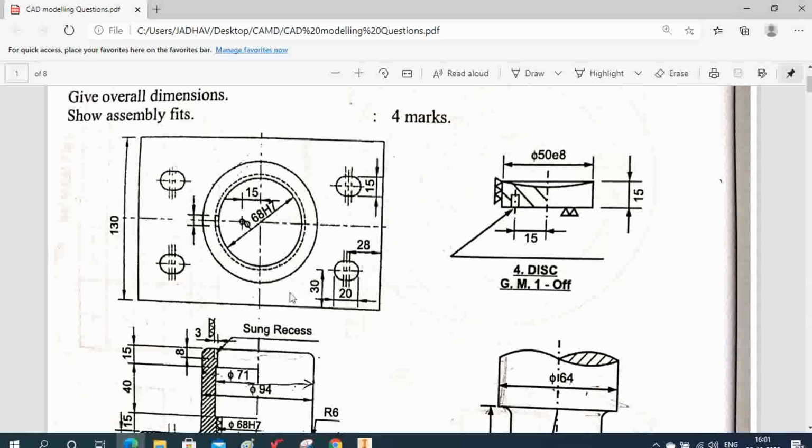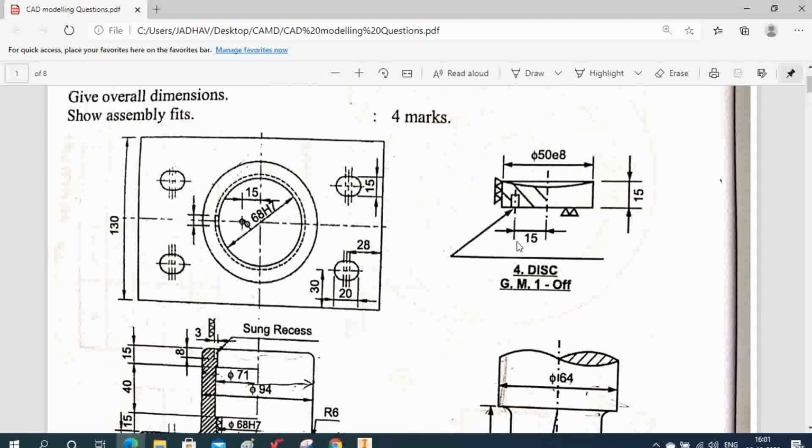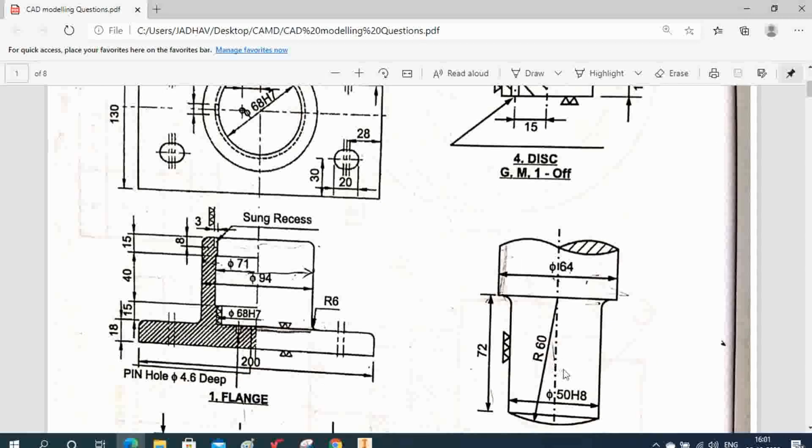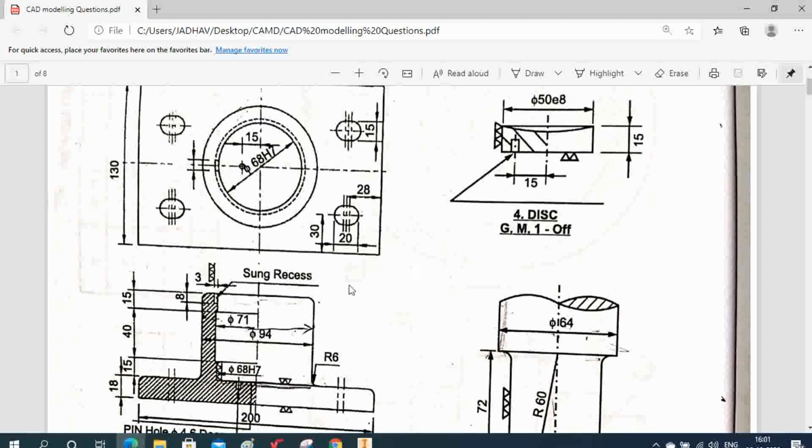Okay, but you can see here in the flange, at the top surface of this flange, the pinhole is provided, right? And also the pinhole is provided in the disc. So this is the pinhole here, right? That means before inserting this shaft, we have to insert this disc, right? And the pin which is half above the top surface of this flange should be inserted into this hole which is on the disc. Okay, so that means we have to insert the disc.